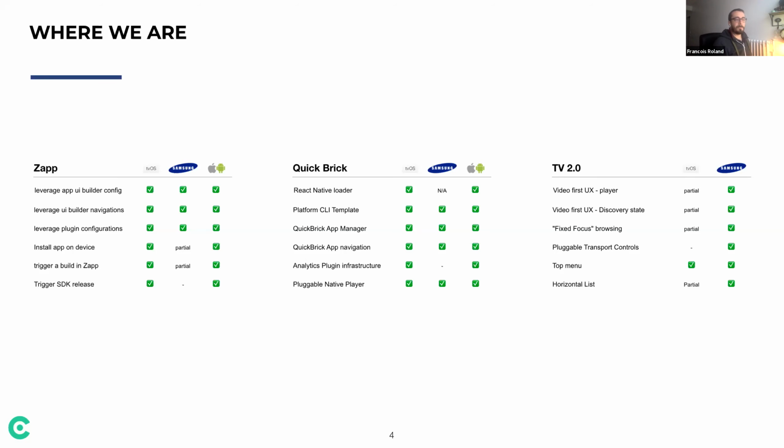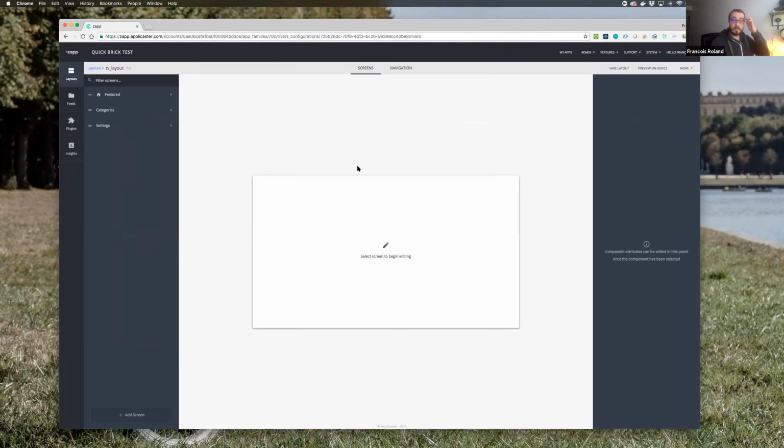So first, the UI builder configuration. We've been using the new TV layout that Shimon has presented. You can see here that I have an app with 3 basic screens. One is the settings page, and 2 others are basic pages with rails inside. And I also have a navigation here where I have my 2 items and my 2 screens on this side. I'm just showing this to you so that you understand that what I'm going to show running on Apple TV right now is entirely pulled from this configuration. All right.